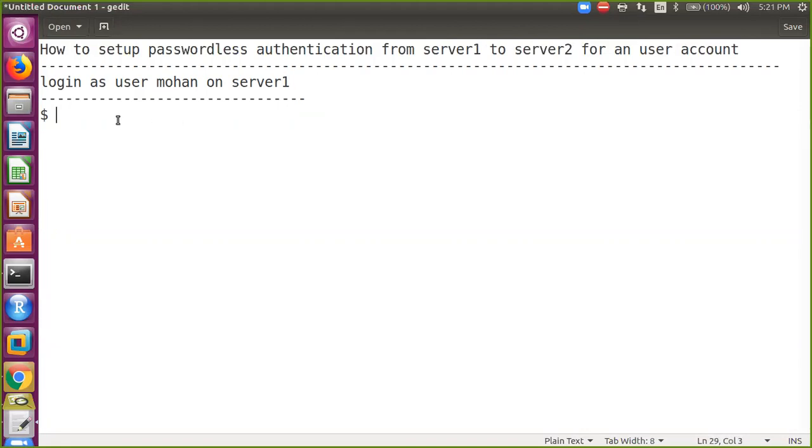Once you log in, you need to do one thing: make sure you are in your home directory. After switching to the user account, just make sure that you are in your home directory. Now enter this command: ssh-keygen. It will ask you to press Enter 3 times. Just press Enter 3 times. Only 2 commands are required, sir. First, ssh-keygen is the command. Next,